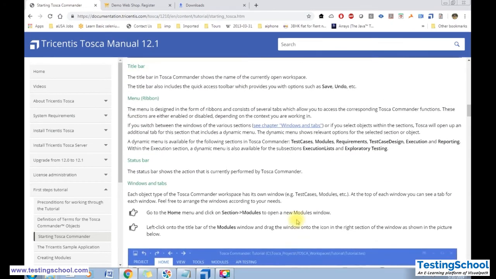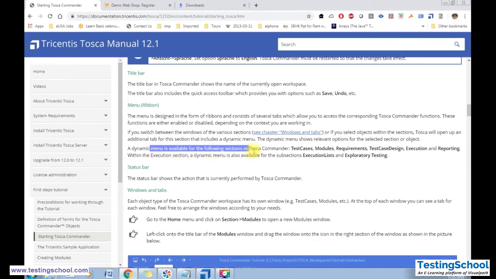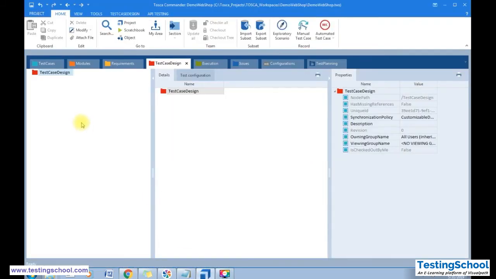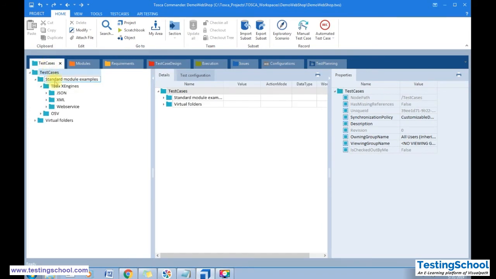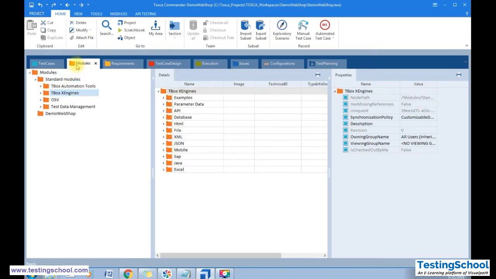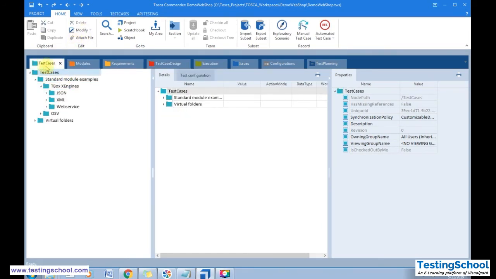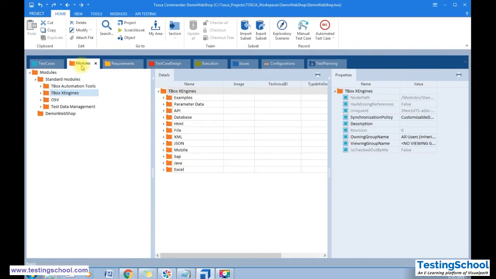The dynamic menu is available in the following sections of the Tosca Commander: test cases, modules, reporting, and also the execution list and exploratory testing. So this menu bar will change depending on the section. Right now in the test cases section, the moment you select this, the options will change. These are the common options. If you customize it, you will be able to see more.